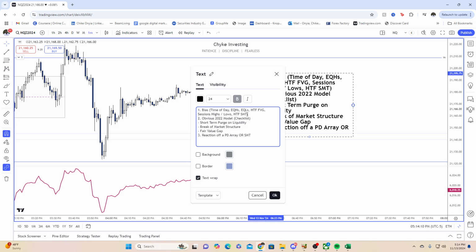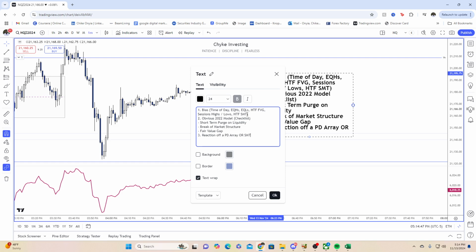Another reason why sometimes, and the only reason why you wouldn't need a PD array to look at before it reverses, even if it takes out a short term, even if it takes out that sell side liquidity, sometimes it's not going to reverse until it hits a PD array per se. Like there needs to be a 1 hour fair value gap or a 4 hour fair value gap below or above that sell side liquidity or buy side liquidity. If there's no PD array, the only reason why you should expect it to reverse at that point and not continue higher until it gets to a PD array above that buy side liquidity or below that sell side liquidity is if there's